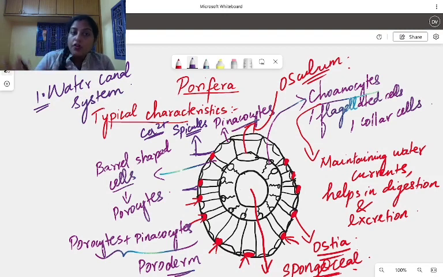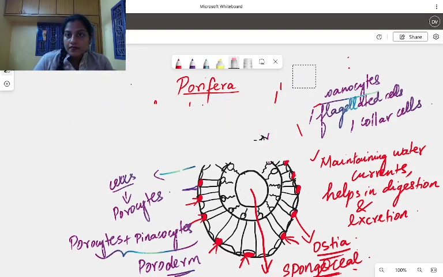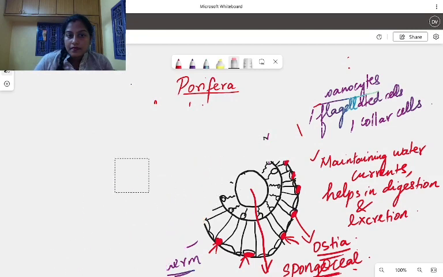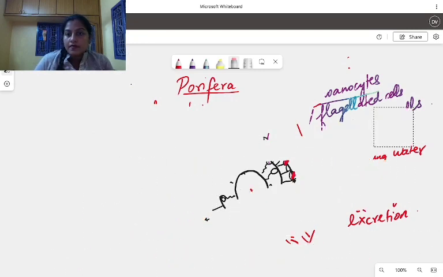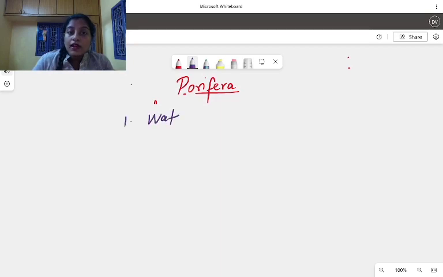That forms a water canal system. Let me separately write it. The first typical character is the water canal system,